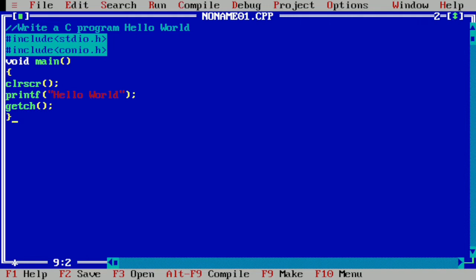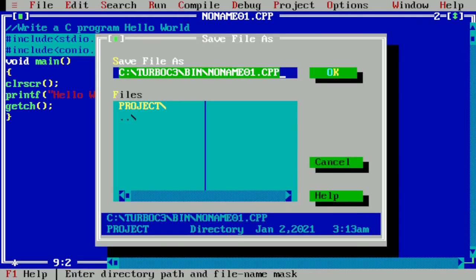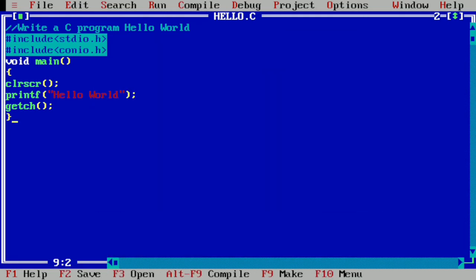We are going to save this file by pressing F2, and we have to save it with a .c extension, and we have to remove the default name up to the bin folder. Here I'm going to type any name with a .c extension and then press enter to save it.